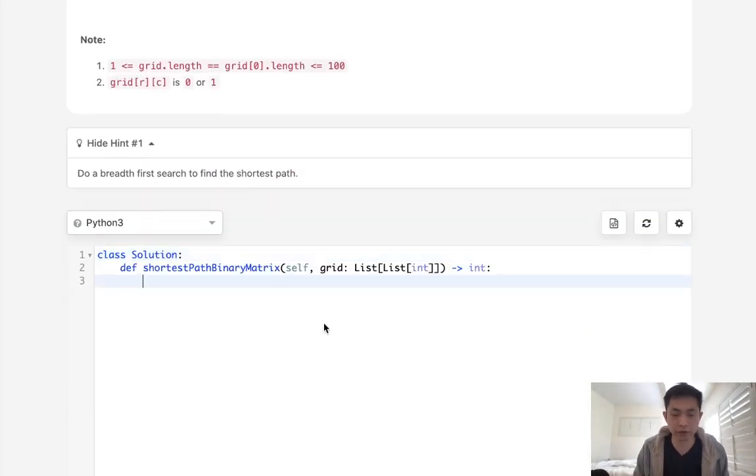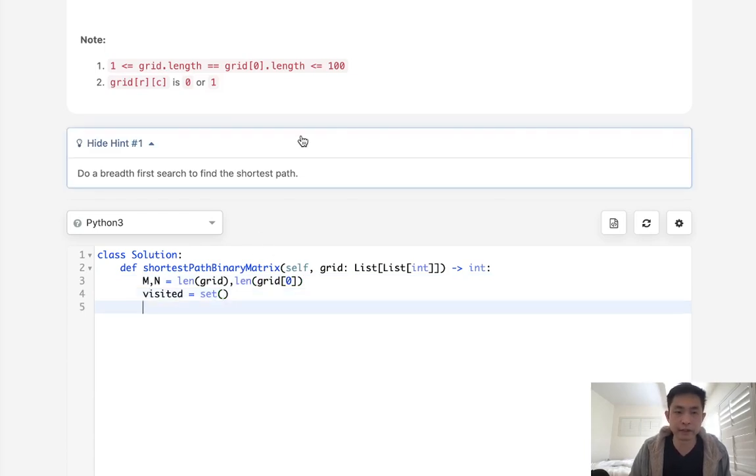So let's start by initializing a couple of variables. Let's start with the M and N, which would just be the length of the grid, as well as the length of grid 0. We also want to have a visited set to keep track of the cells that we've already visited, because if we've already visited in our breadth first search, we know that this is the quickest path to get there, so we don't need to recalculate that. We also need to have our queue,